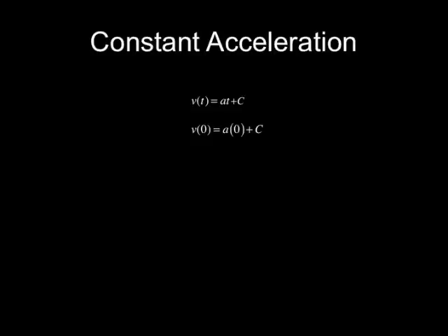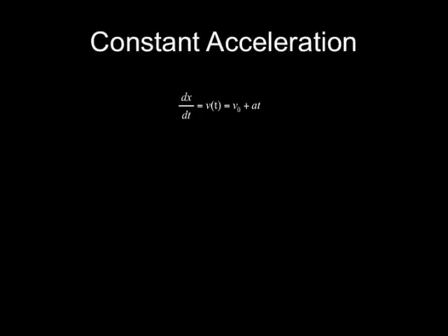Now this velocity at t equals 0, we're going to denote slightly differently, the v with a little subscript of 0 that we'll call v naught. Now we can see that since a times 0 is 0, my constant is simply v naught, or the initial velocity, the velocity that I was given for t equals 0 in the problem, let's say. Plugging this back into the top equation, I find a full expression for the velocity as a function of time. V is equal to v naught plus at. Similarly, I can